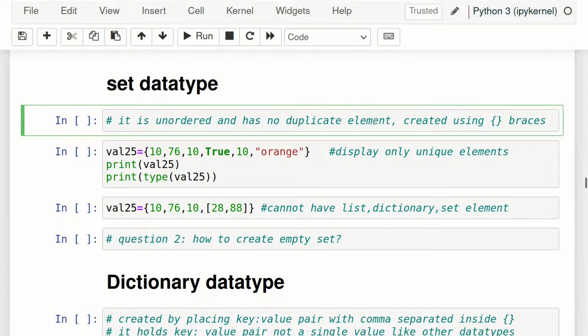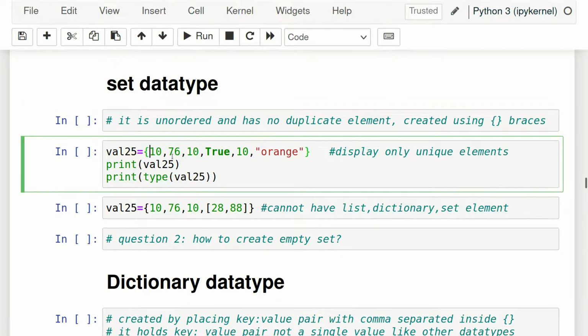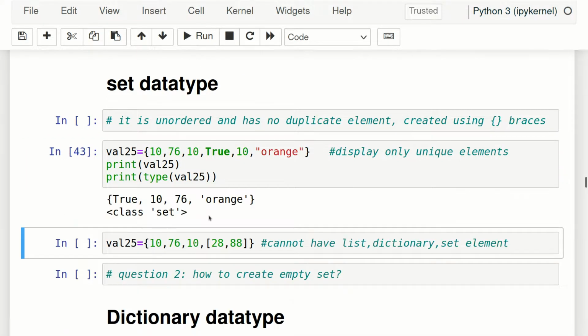Okay, so I've created a set using curly braces and I've given some values, and now I will print this set as well as its type. But there is one interesting thing that will happen. Let me run it. So at first it displayed the set, but the thing is,